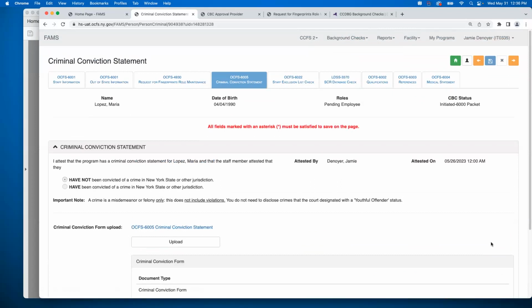You also have these same options at the top here. You can return back home. You can go back to your staff list. You can go to the previous page. You can save with the little blue disc here, and you can move to the next, and then the X is cancel. So this time we'll use the arrow to move to the staff exclusion list check.